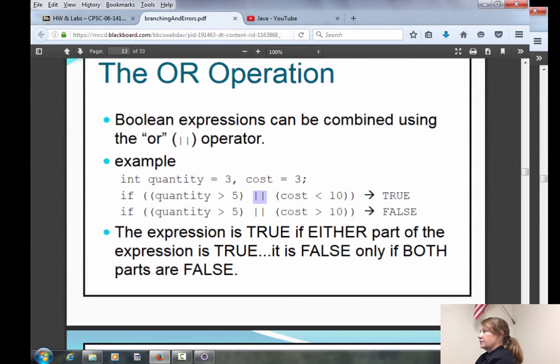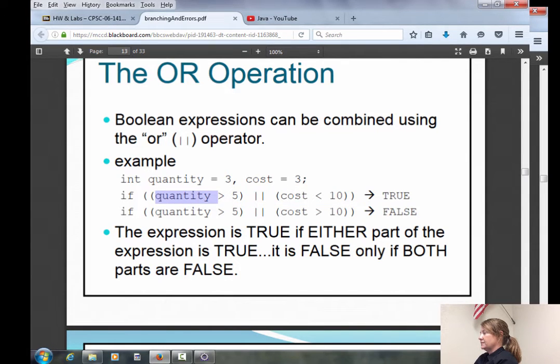So the OR operator works such that if this is true or this is true, then the whole thing is true. The only time it can be false is if they're both false, like this example here. So remember when you read these things, you can just plug in your numbers. So I just say something like, is 3 greater than 5? Nope.